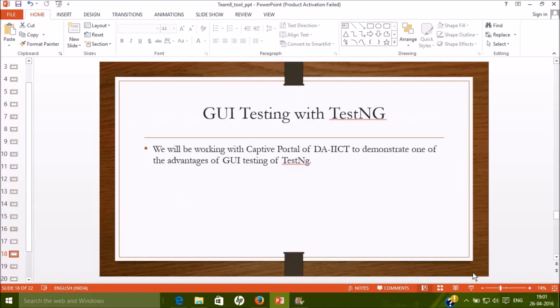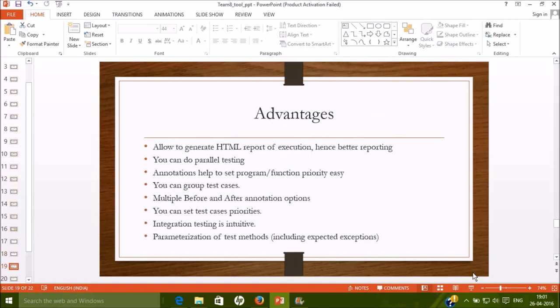After that, we proceeded with GUI testing using the Selenium WebDriver in TestNG. We used our captive portal, that is the login to use internet at DICT. Then we followed it with the advantages of TestNG and how it is better.